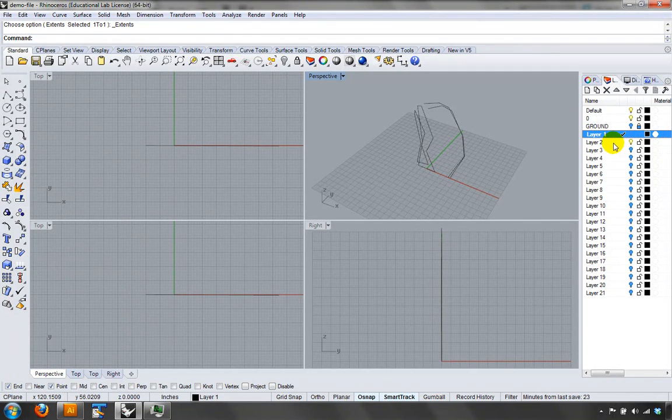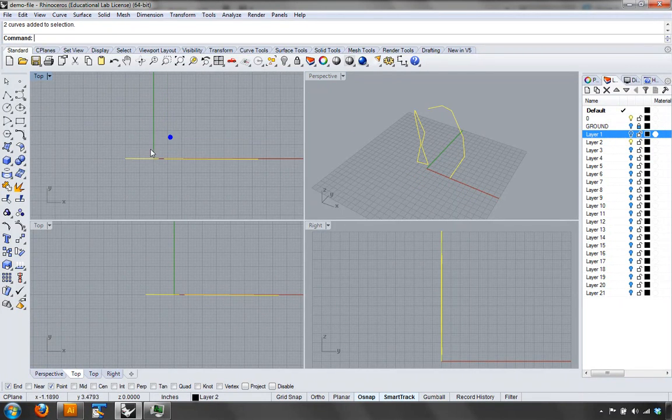I'm going to stay on the default layer right now. I turn off layer 1. You can change the current layer by double clicking. That puts the checkbox, and that says that's the current layer. I'm going to go to layer 2, turn it on, select these, and I'm going to move them up